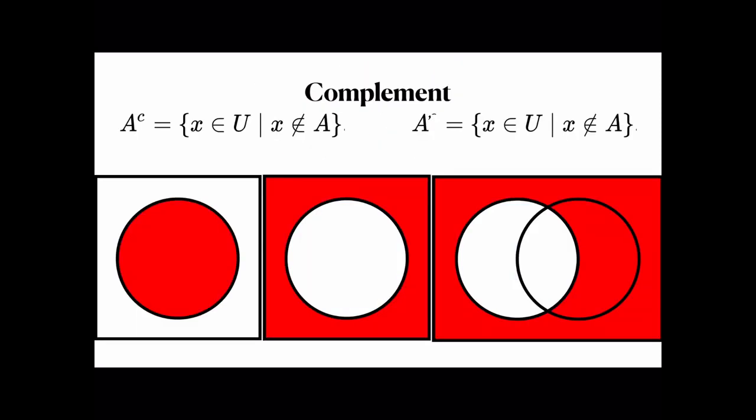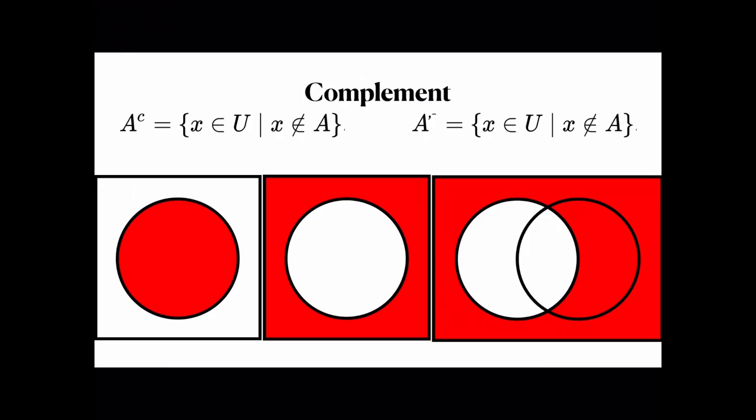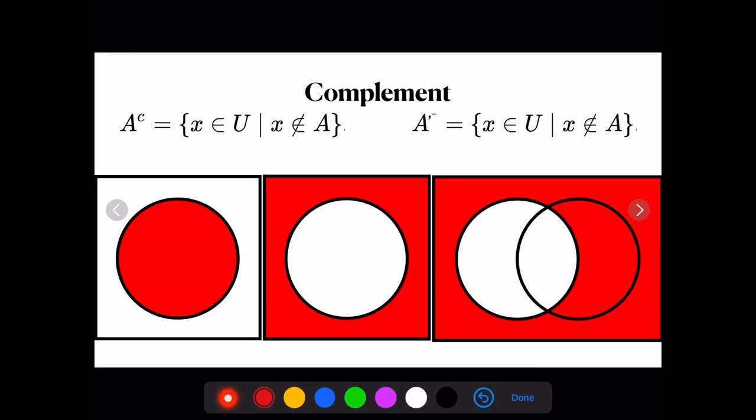Our complement has two ways to talk about it. One is this C over here, and this is actually the more common one, but it's not the one I'm using in my class. And the second one is a little line up at the top there, and that's less common, but the reason I'm using it is because